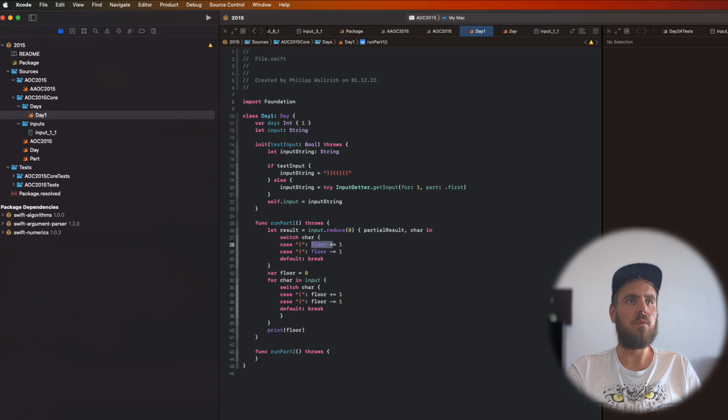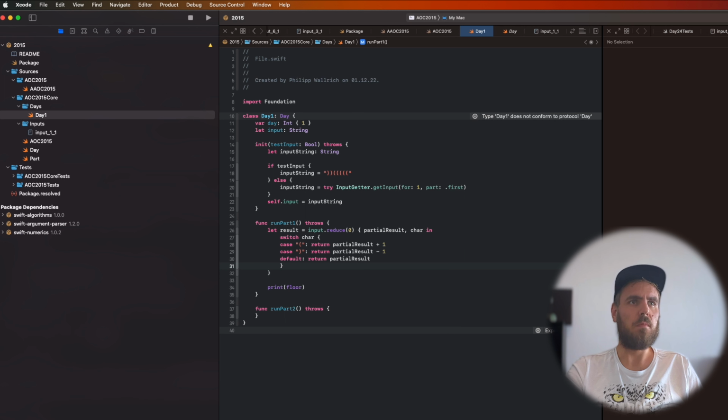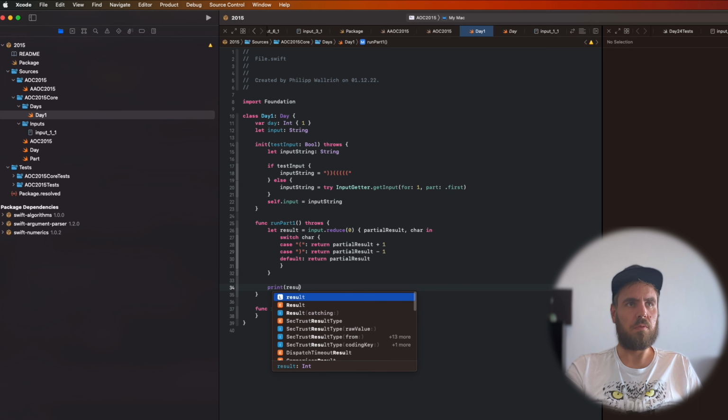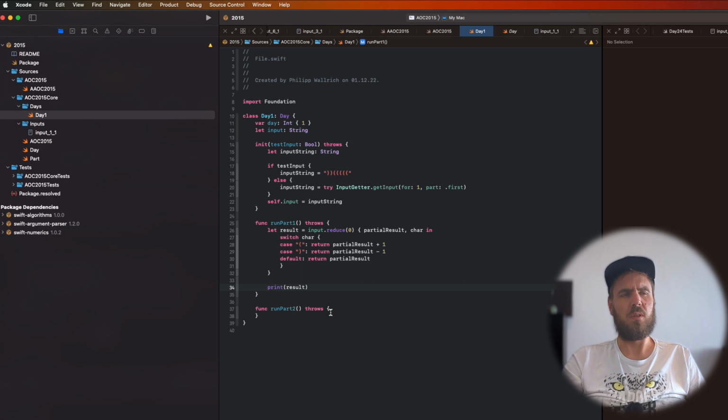Instead we just return partial result plus 1, return partial result minus 1, default return partial result. So we could print the result, it's still 280. Depends a bit on what you want to achieve,